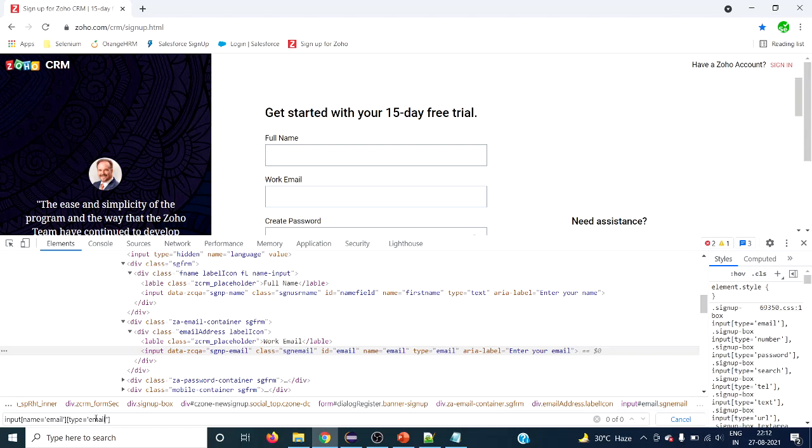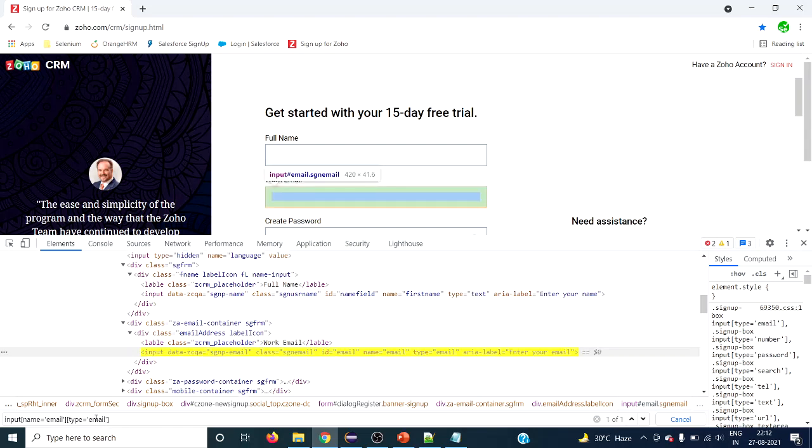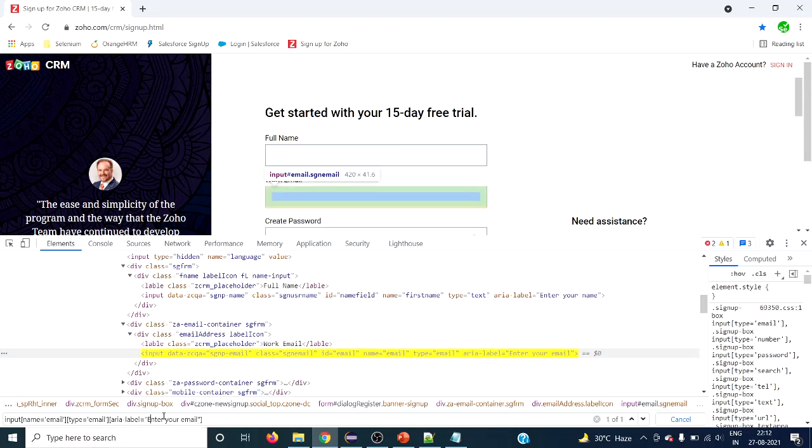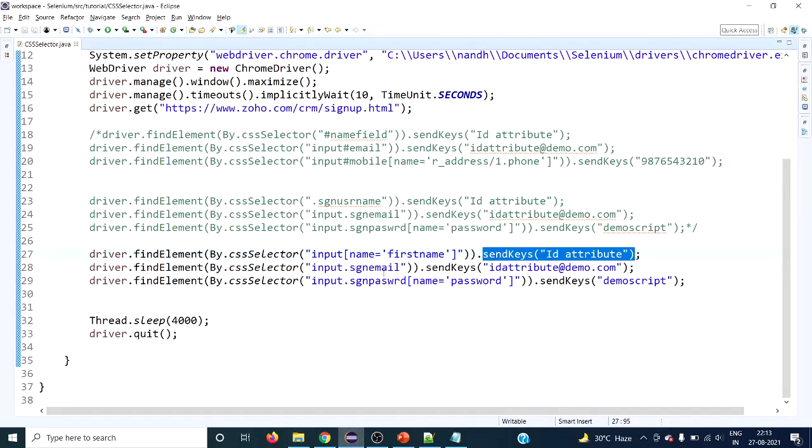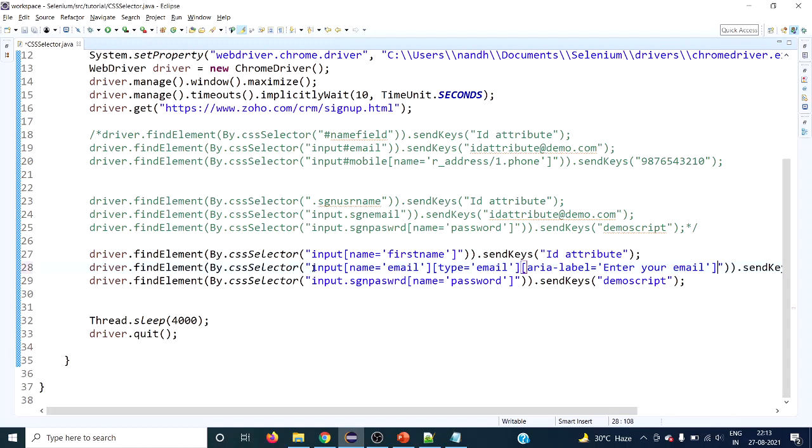We can use as many and conditions as possible. If you want to use another attribute of this one, say aria-label, we can use that also within single quotes. It doesn't matter how many conditions you use. Here it's a password field, so instead of email, let's give this.